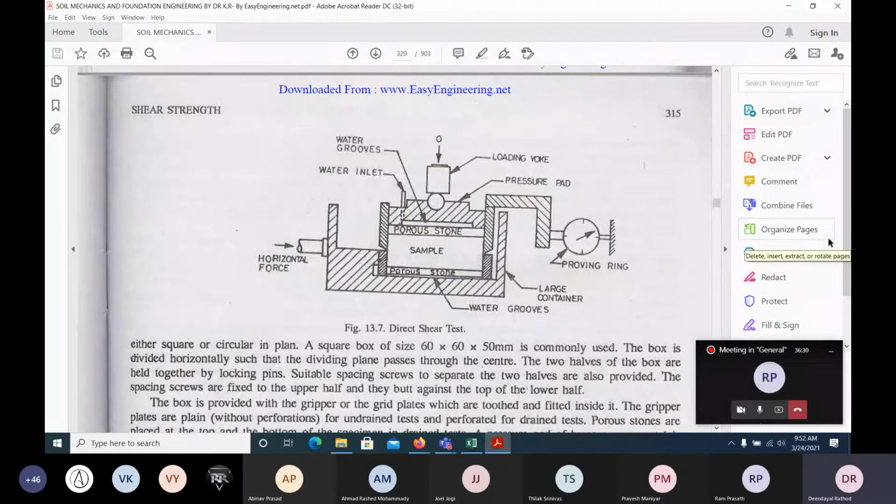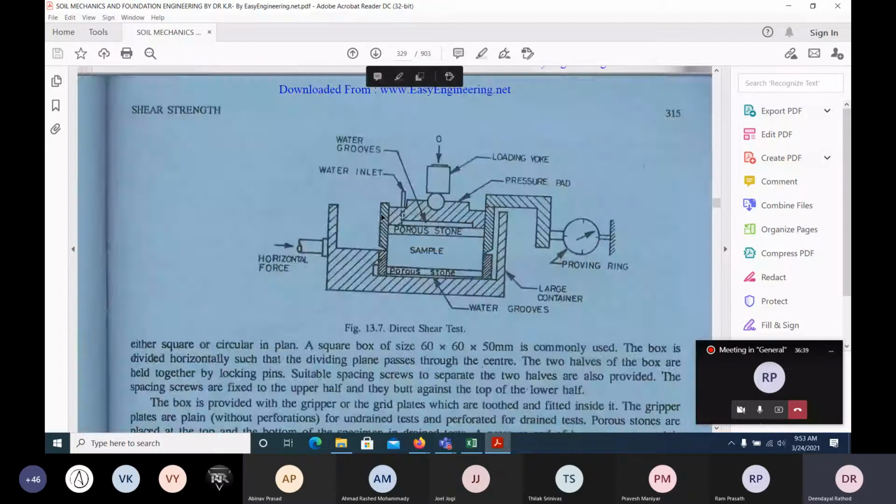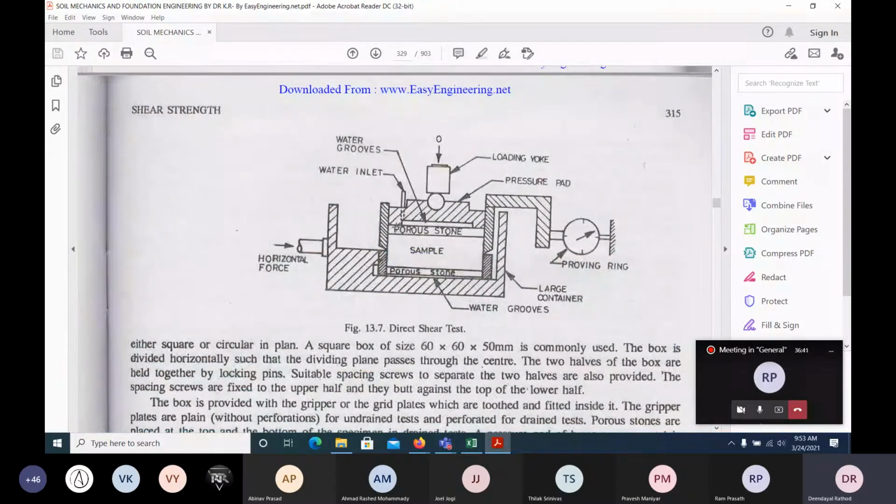First, direct shear. As the name suggests, here the soil will be sheared like this sample. These are the two boxes, one at the bottom and one at the top, and we'll apply load here, and we can measure the strains and so on. When you apply it, the soil would be sheared horizontally, and we keep on applying the normal load.